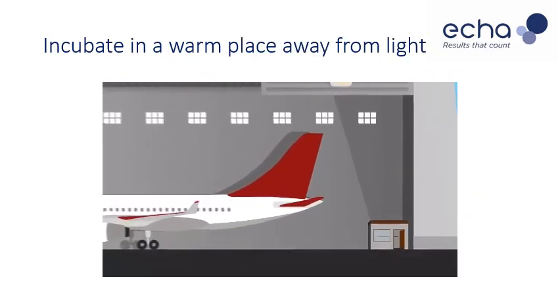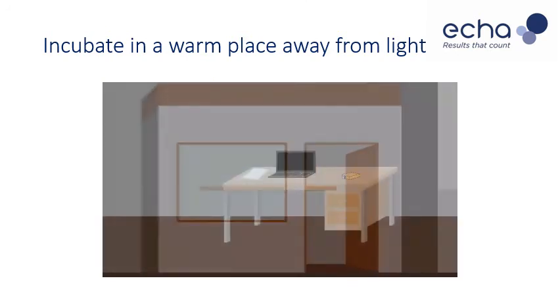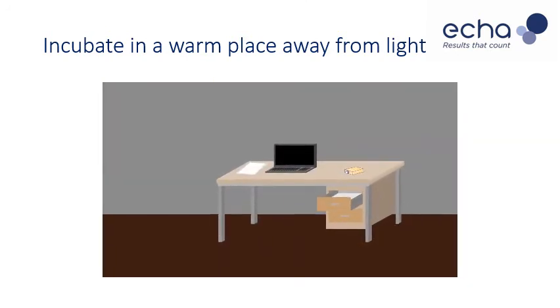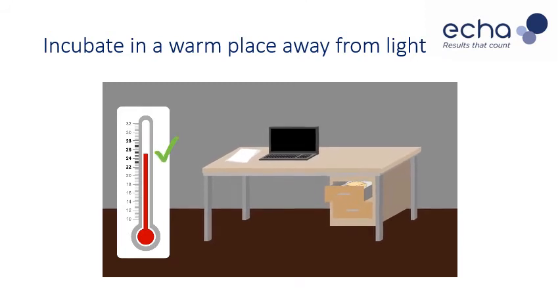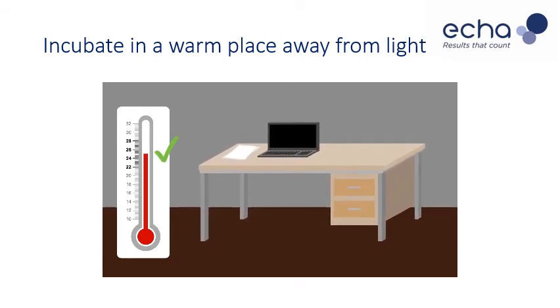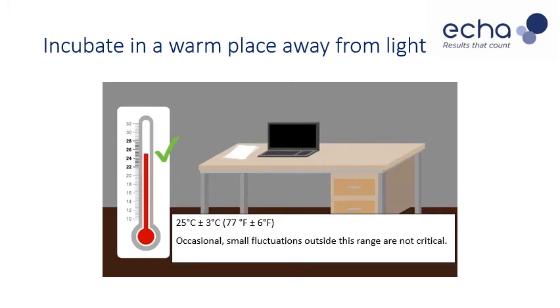The Micromonitor 2 test should be incubated in a warm, dark place. It can be conveniently incubated in the box that the test is supplied in, for example, by placing this in a warm drawer or cupboard in a room where the temperature is relatively consistent. The ideal incubation temperature is 22 to 28 degrees centigrade, but occasional small fluctuations outside this range do not affect